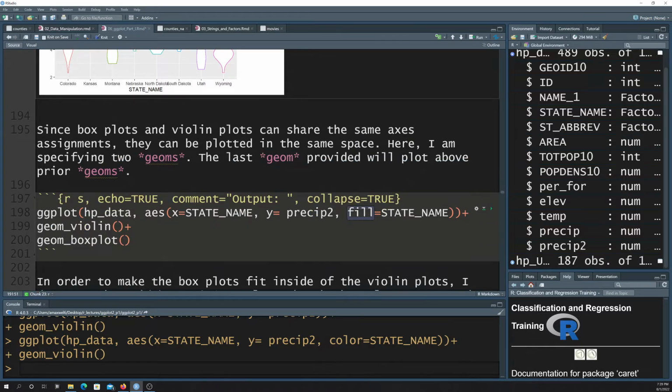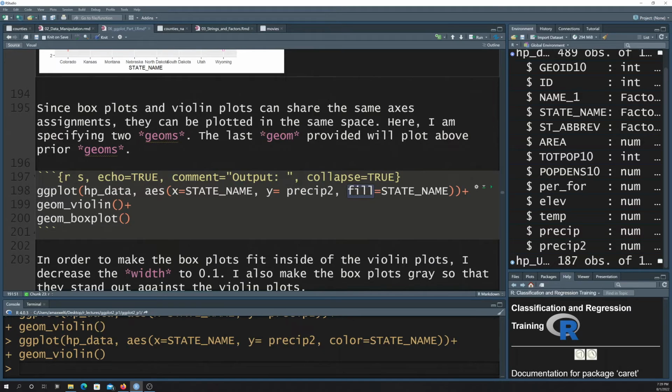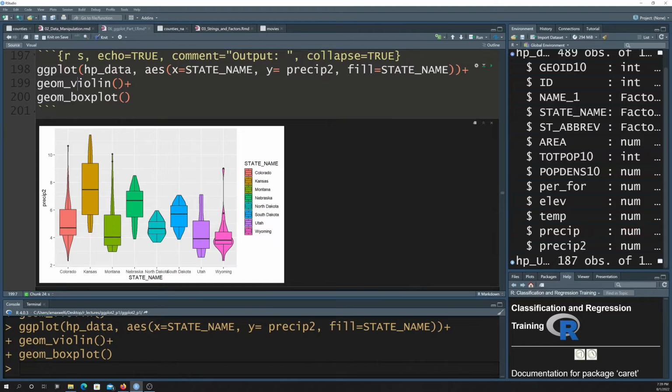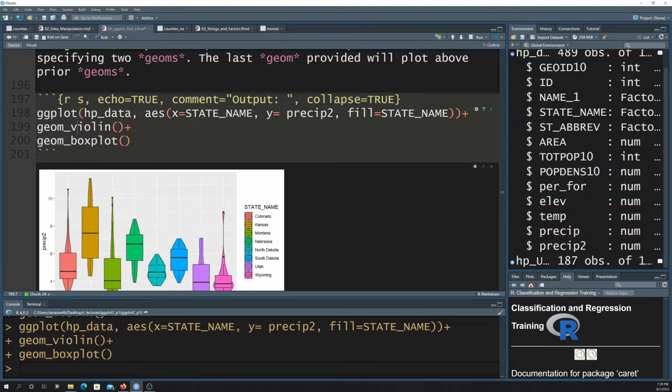Now, if you have geometries that have the same x and y axes, for example histograms and kernel density plots, you can graph them in the same space. A violin plot and a box plot can also have the same axes: the categories on the x-axis and the value you're comparing on the y-axis. So here I'm just adding two geometries. We have the violin in the back and the box plot above it. Note that the order in which the geometries draw depends on the order in which you specify them. For example, if I swap these around